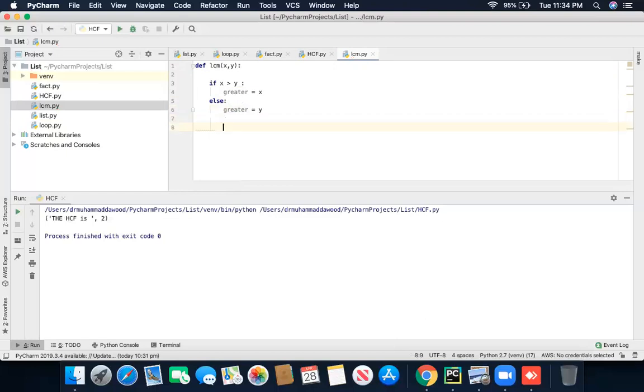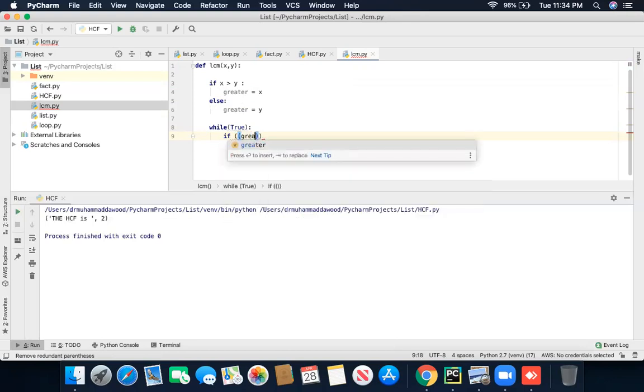Now the part of the loop. While true, while the condition is true, the statement will continue with the if statement, like the same if. But right now we are not going to use smaller, we are going to use greater.